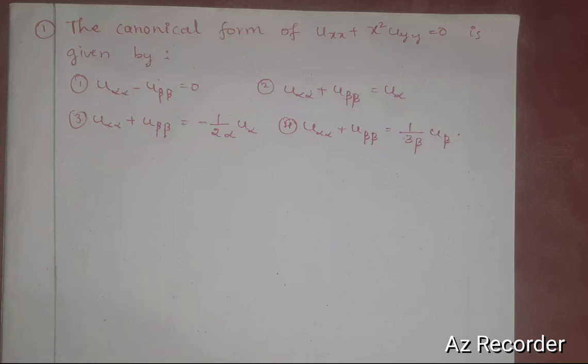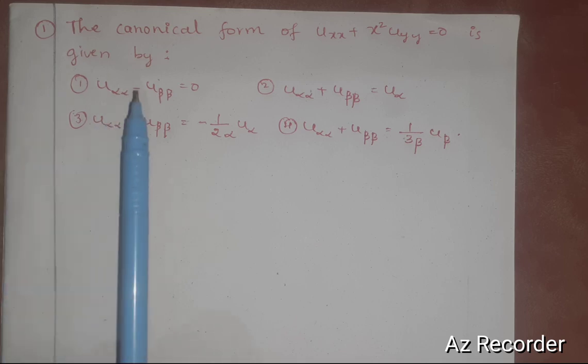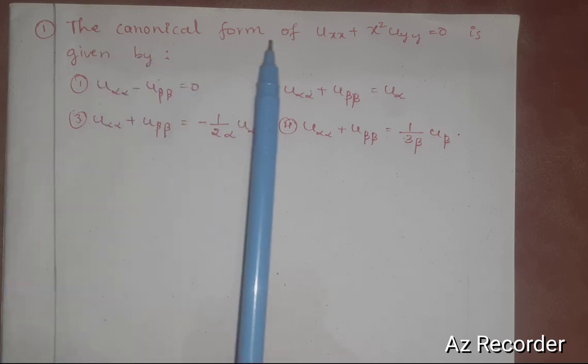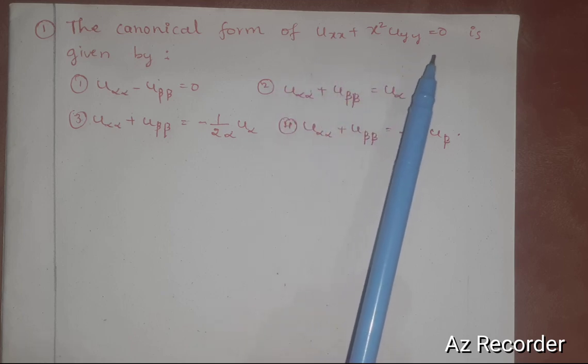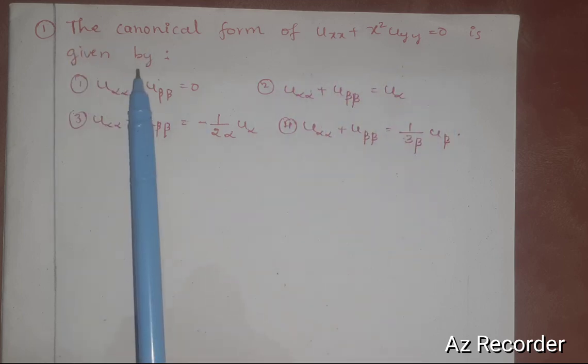Today we will discuss a question from PDE, that is partial differential equation, which is asked in the KCET examination 2024. The question is, the canonical form of uxx plus x square uyy equal to 0 is given by option